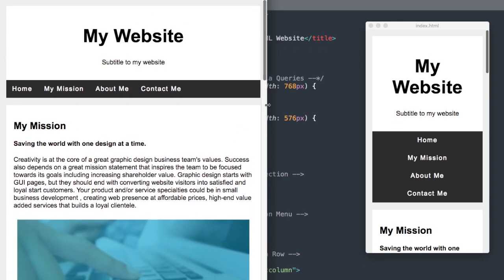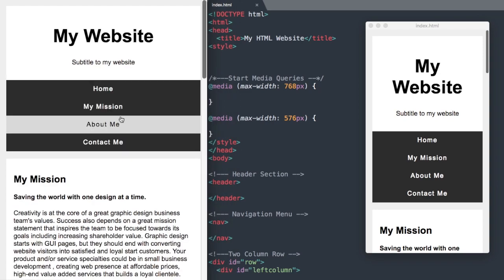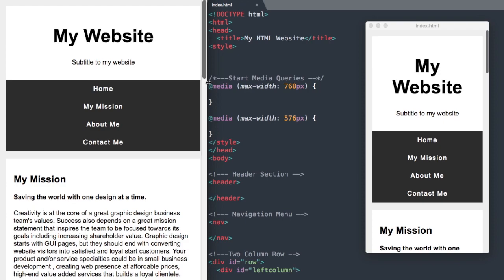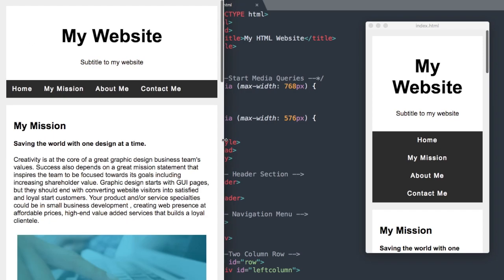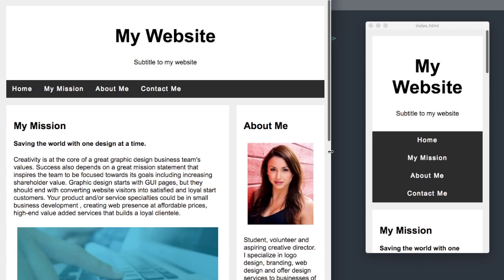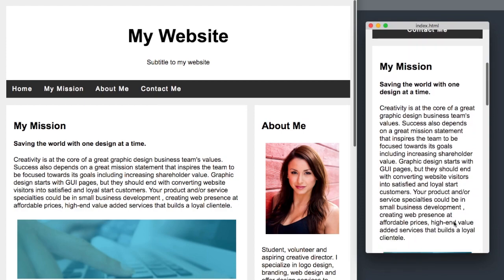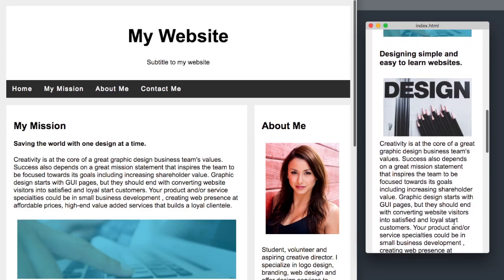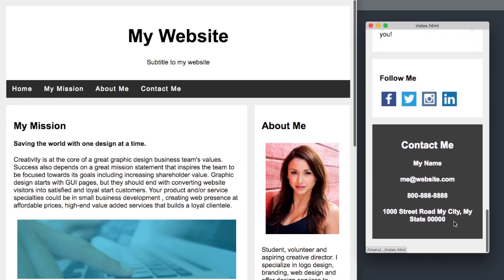And then when we flex the website down a little bit more for cell phone widths, it's going to change once again with our navigation going from a horizontal navigation menu into this vertical navigation menu. Okay, so let's flex it back up here, and then let's take a final look off to the right for how it's going to appear on an iPhone 10, and then we'll get started. So we have our website title, subtitle, our navigation, then our heading sections, paragraphs, images, and then towards the bottom we have the About Me section, followed by the Social Media Follow Me section, and the Contact Me section at